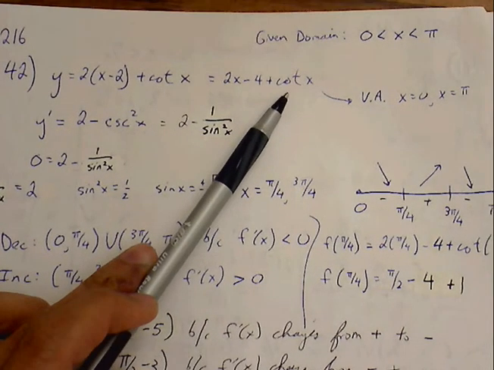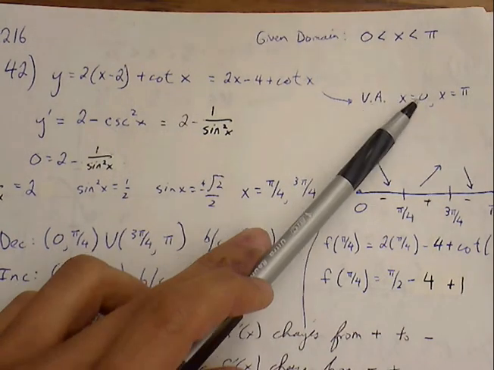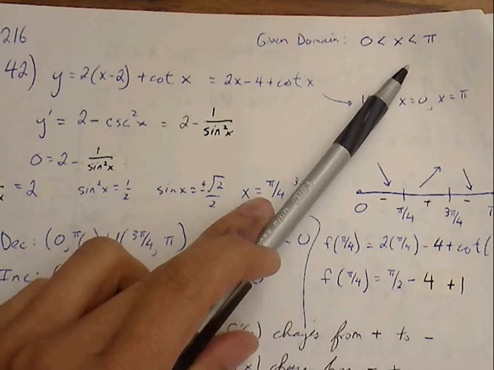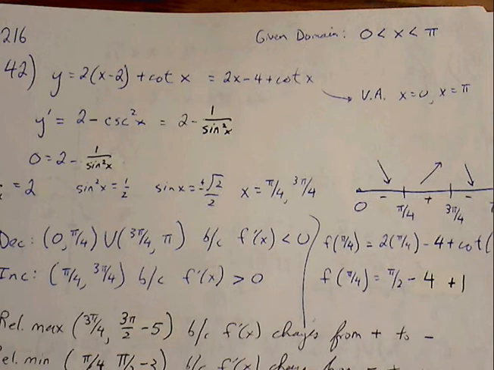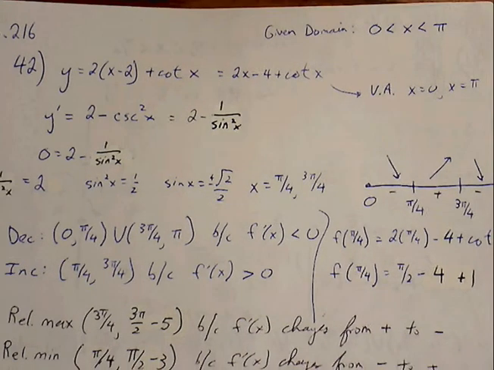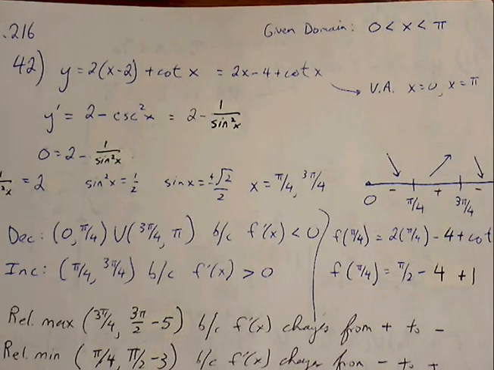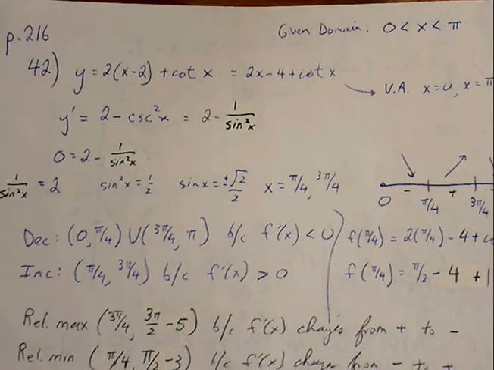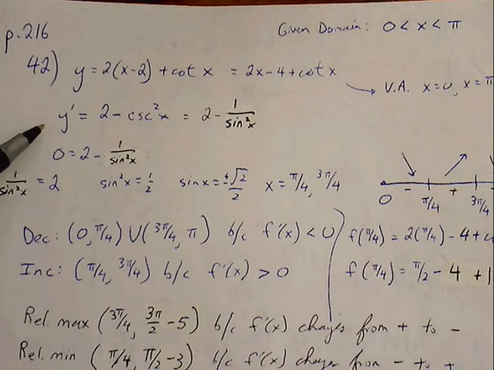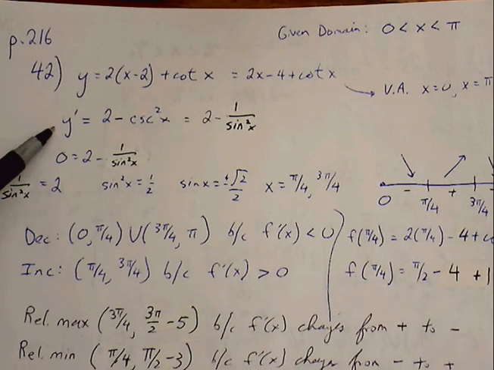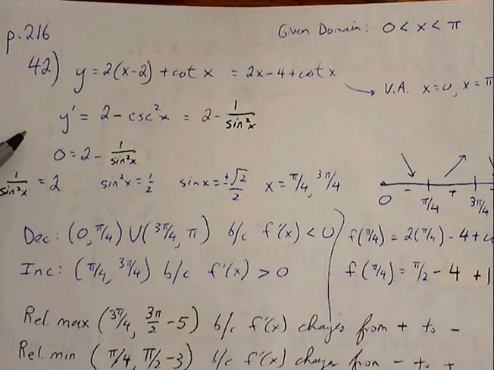Okay. There's vertical asymptotes at 0 and pi, and that's exactly also where the domain for our graph is going to exist, or given in the problem. Okay. So we're going to find information about increasing, decreasing, relative max, relative min, point of inflection, concavity. So let's first start off with y prime to get to our sign line for our